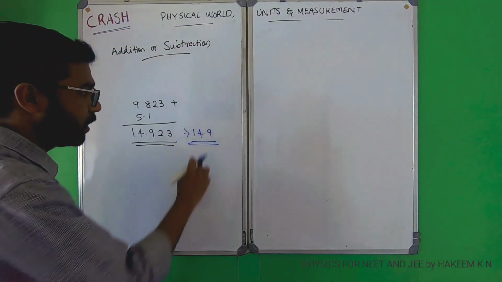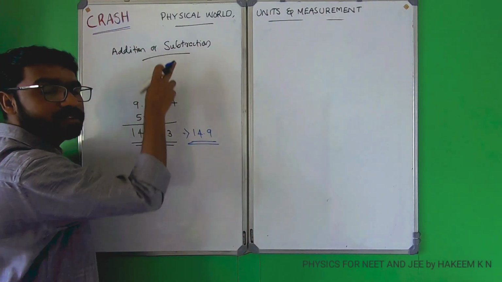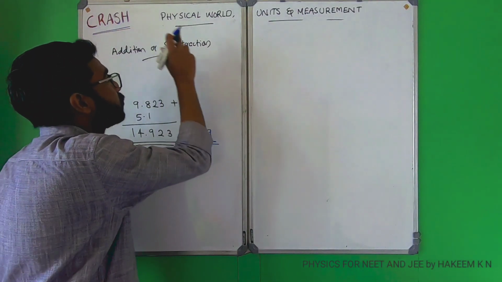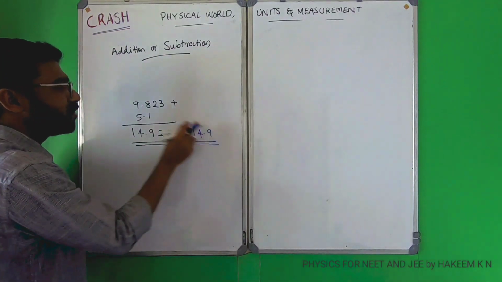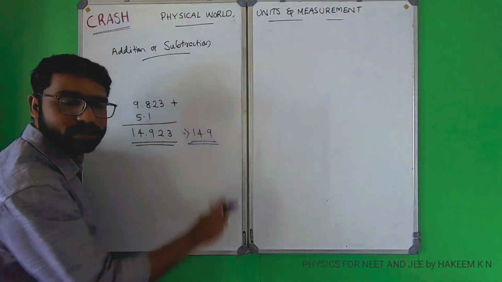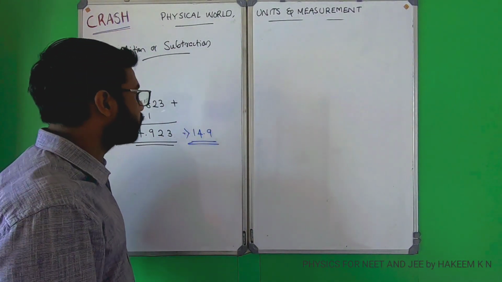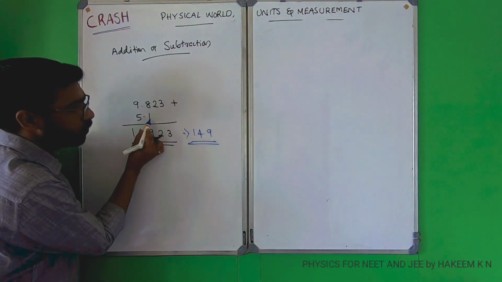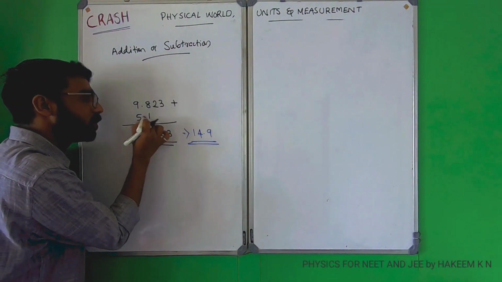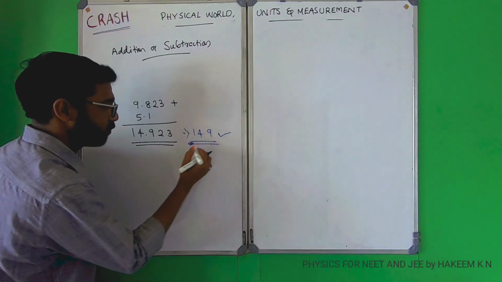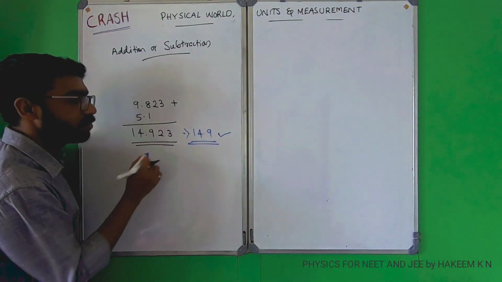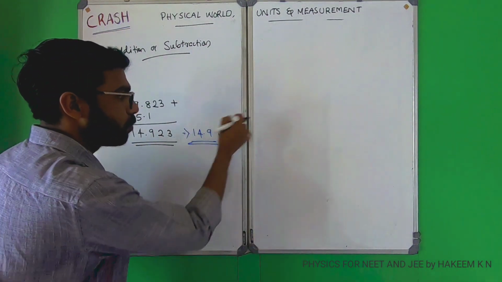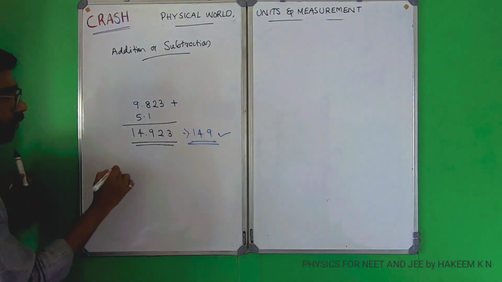Why 14.9? According to the rule of significant figures, the result of addition or subtraction should be with the least number of decimal positions. Here 5.1 has only one decimal position, so the answer is 14.9. No need of writing 14.923. 14.9 is the right answer. Now next,